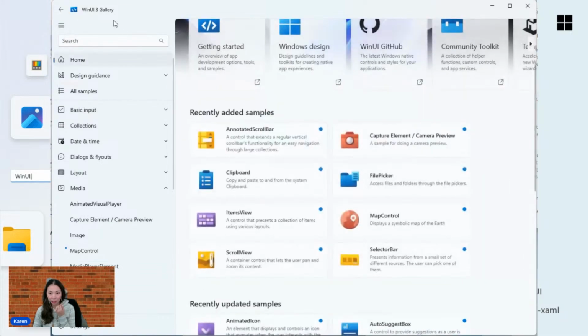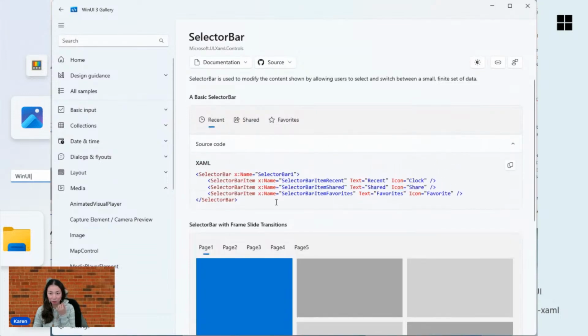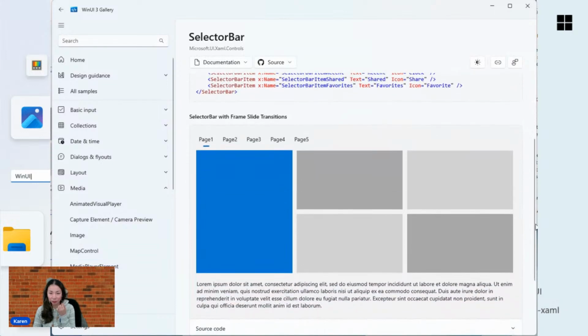Cool. Now let's get into SelectorBar and SelectorBarItem. Obviously, after many threads and discussions about Pivot being deprecated in 2021, we finally have its successor, the SelectorBar. A few differences to note: the SelectorBar is very simple. As you can see here, this is the XAML for it. It does not contain the content children, unlike Pivot. This actually gives us more flexibility because it allows us to bind